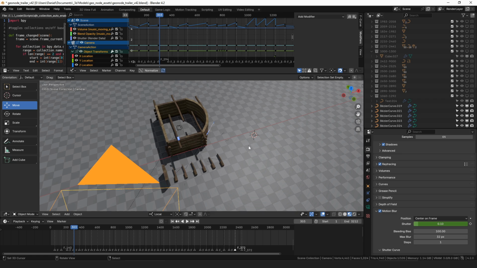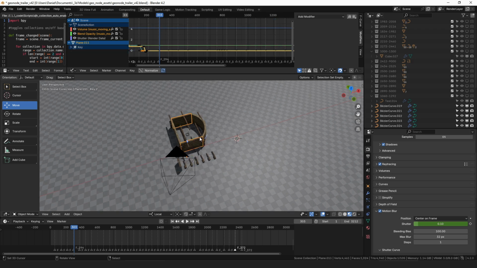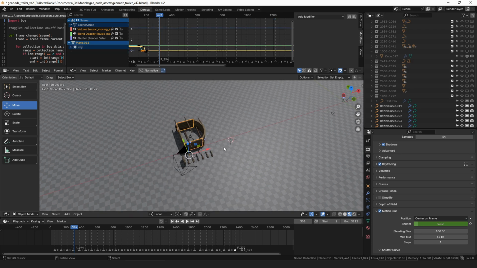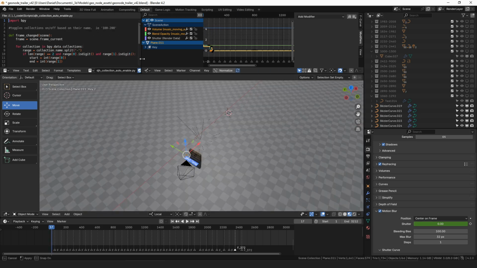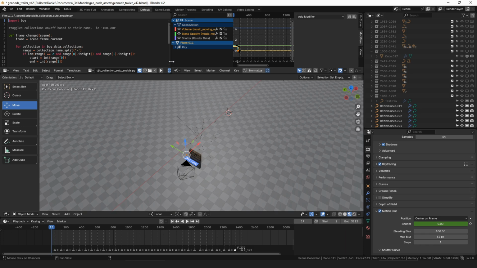The camera and the music, animating that was sort of the first part. I did model all of these letters before I started any animation, so I just built the final result, and then I removed it all and animated it appearing in some way. Then for each letter, for things I want to appear or not,